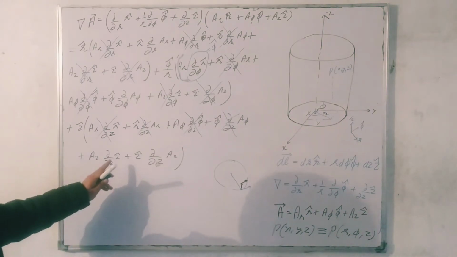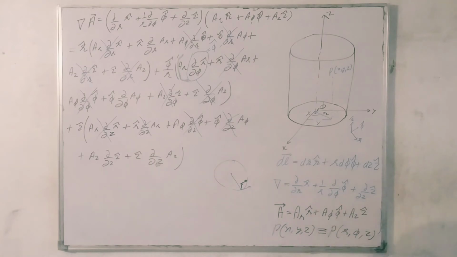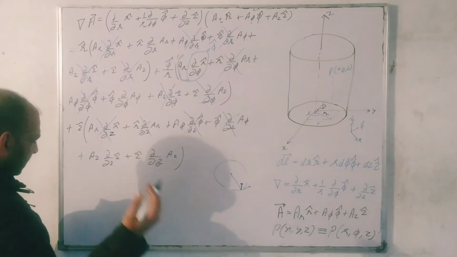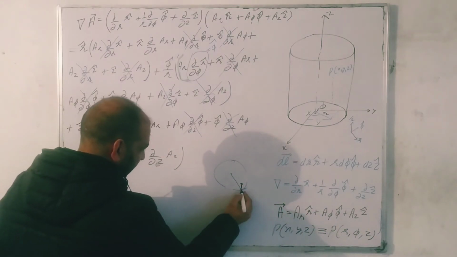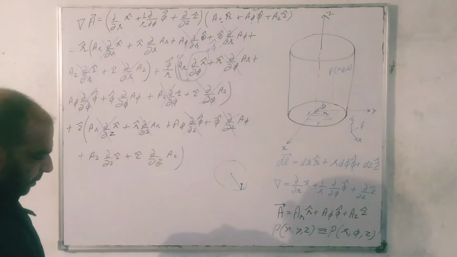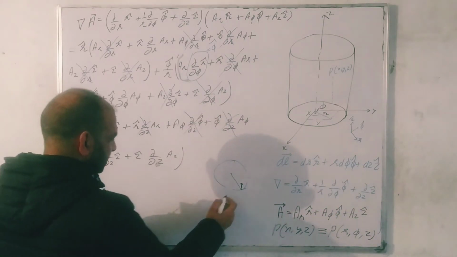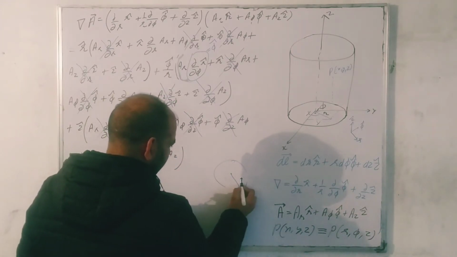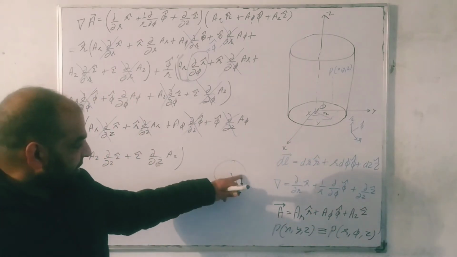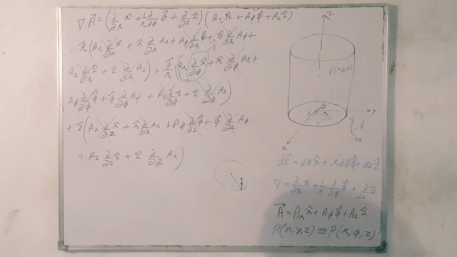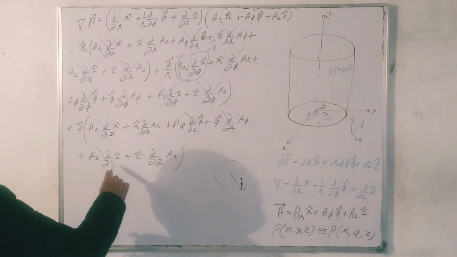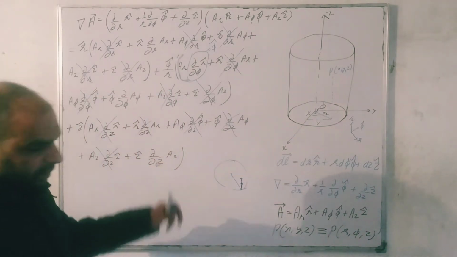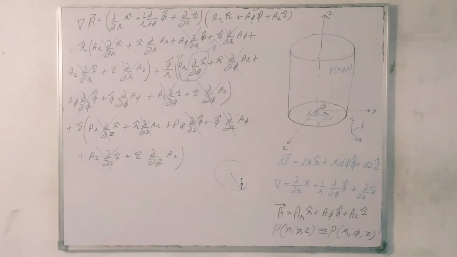Next is change in z cap with change in z. What is its meaning? Again the same meaning. At this point, z cap is in this direction. But when we make a small change in z, suppose we are making the change in the vertical direction, it is going to be like this. So at this point also, z cap is in a similar direction. That is why it won't change and it is going to be 0. Now this term survives because it contains the vertical component of the vector.